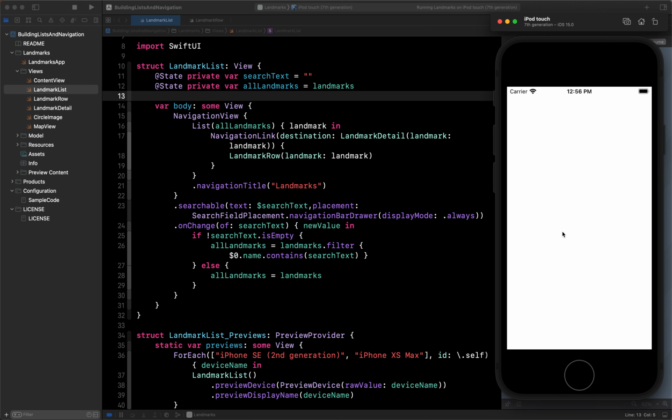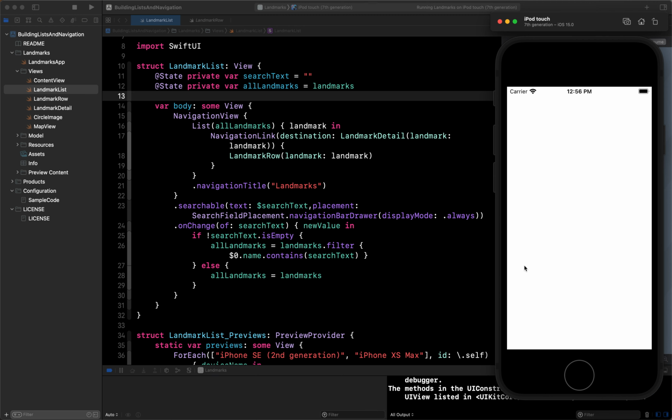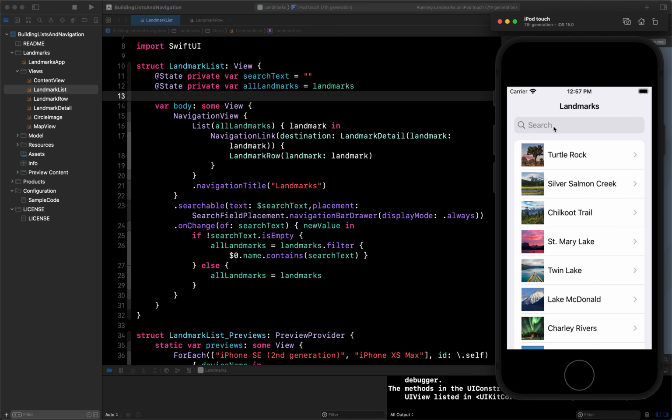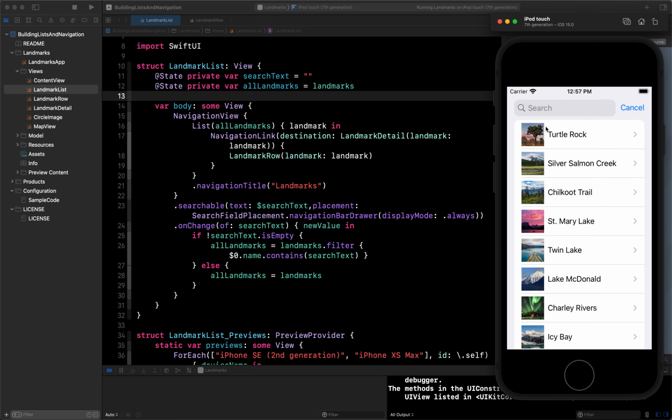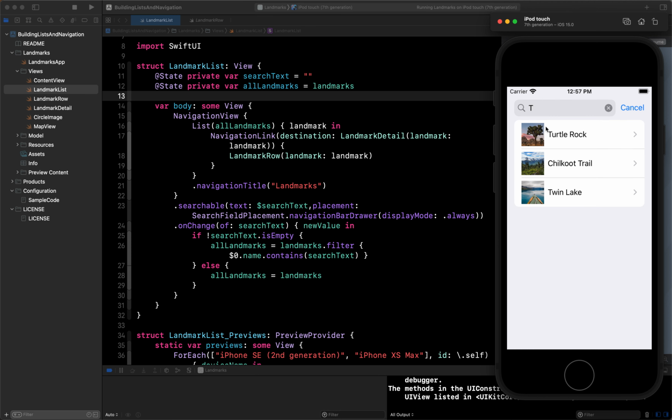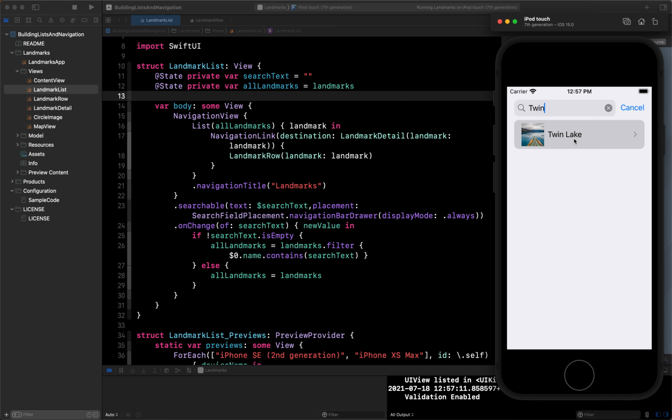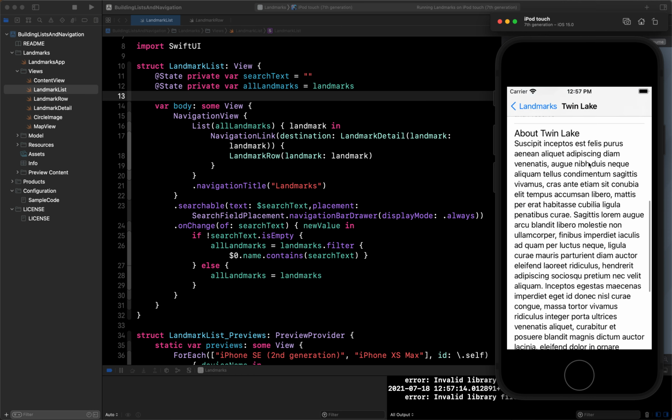It is taking a little bit of time to load because I'm running it for the first time. Okay, so now it is loaded. Now let's type our text, and you can see if I type T, it will show the results which contain the letter T. Like this, and if I tap on it, it will open that one only.